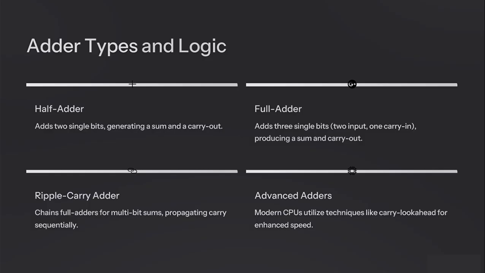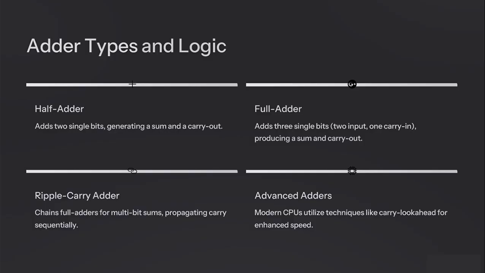Adder types and logic. So we have four types of adders. The half adder. Half adder adds two single bits, generating a sum and a carry out. The full adder talks about adding three single bits, two inputs and one carry in, producing a sum and